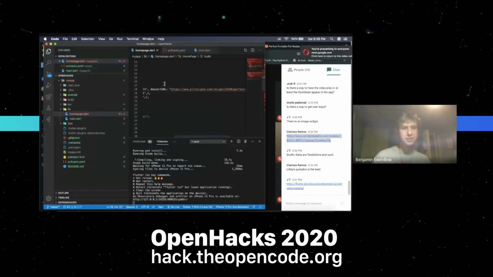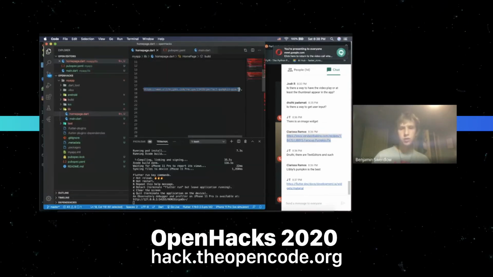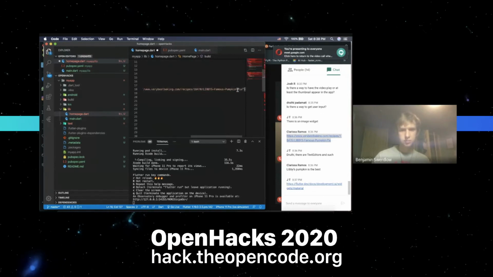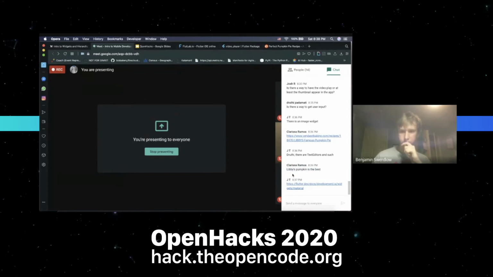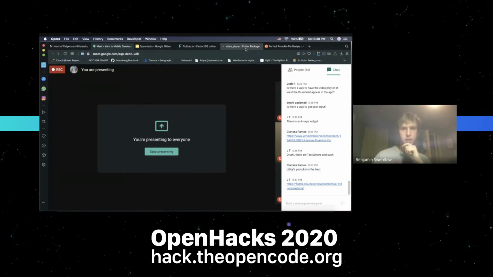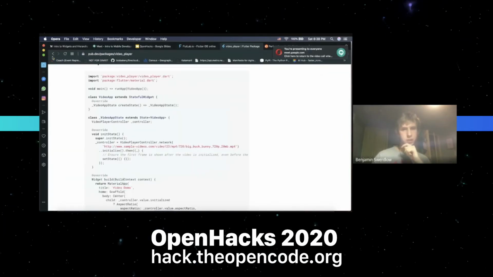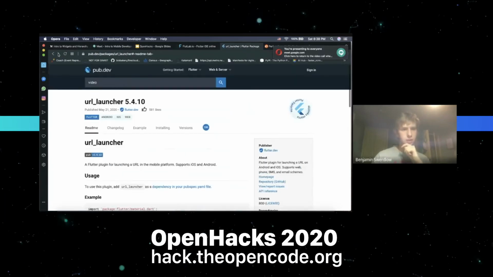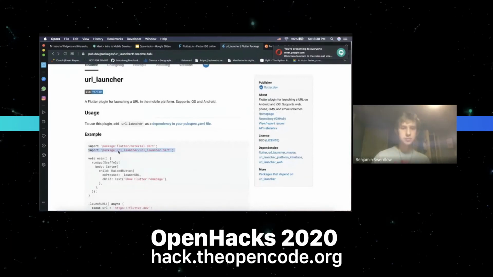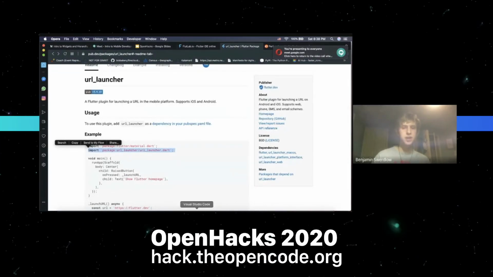X squares, I'll replace it. Does anybody know why this code won't work? This code is not going to work because in order to use the package, I have to first import it. So if I import the package at the top,